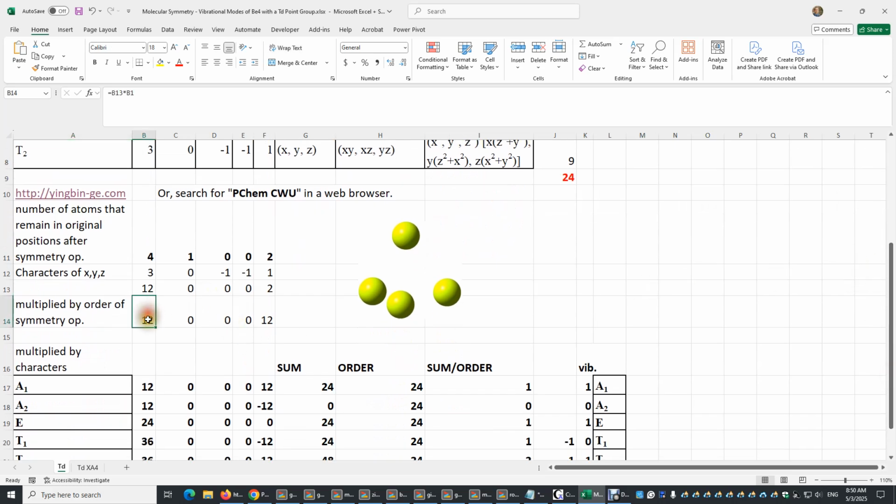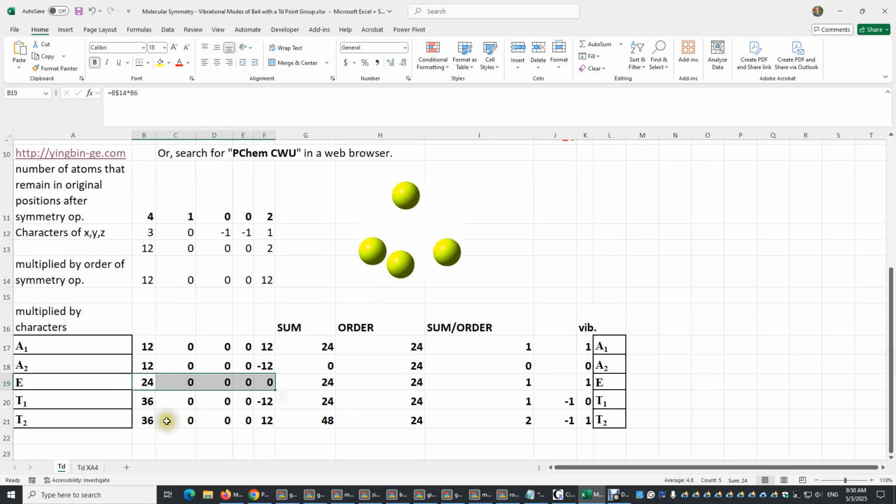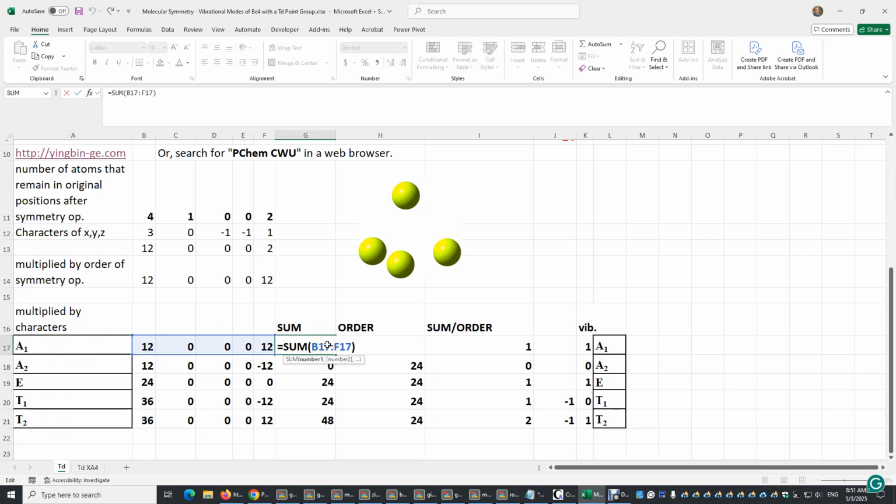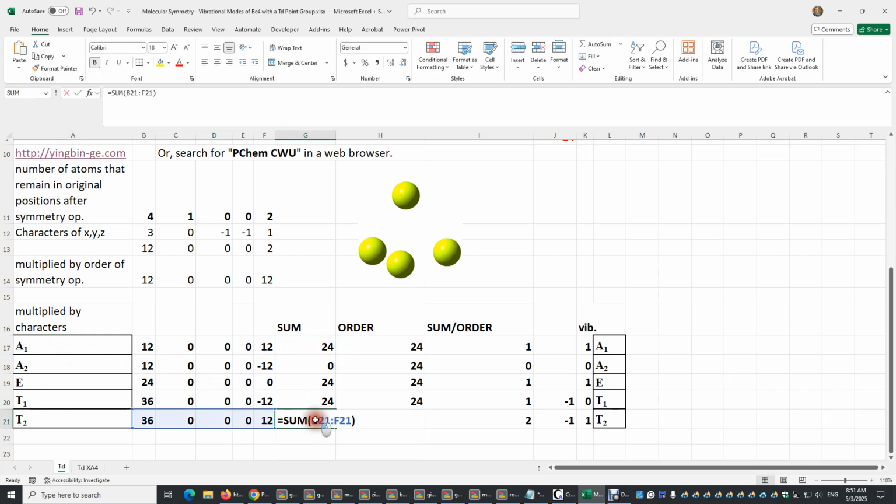So we have this number times 2, minus 1, times 2, times 0, times 0. And we have these 5 numbers. After we do this for each irreducible representation, we get 5 numbers for each row. We sum it up like this. We get 48 for this T2 irreducible representation, and then we get these 5 sums that